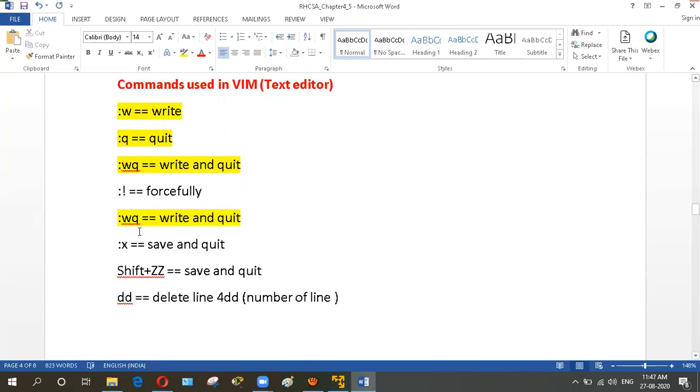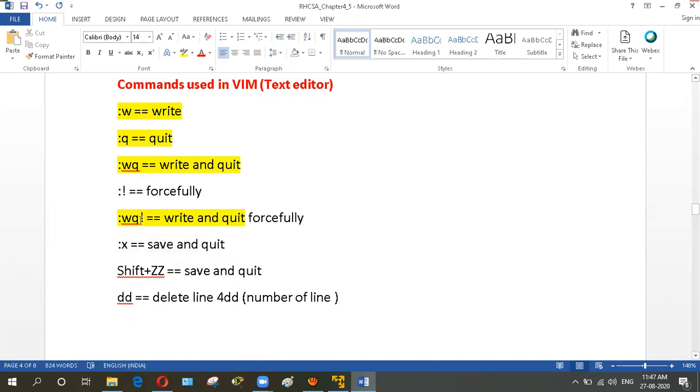And we want to forcefully quit. So we can use individual options, and we can use the options in combined format. And this is an individual command. It is used to save and quit, but if there is a permission problem, it will not work.